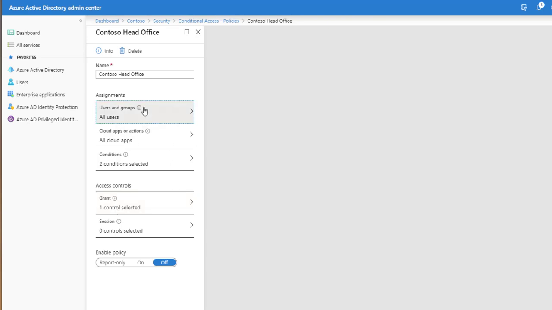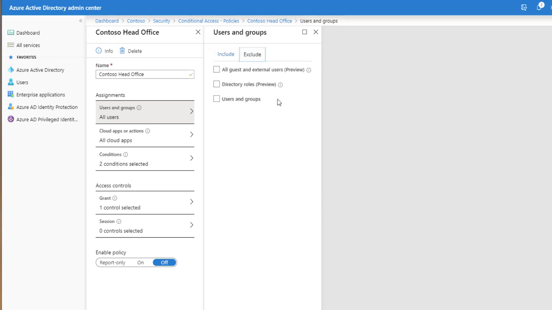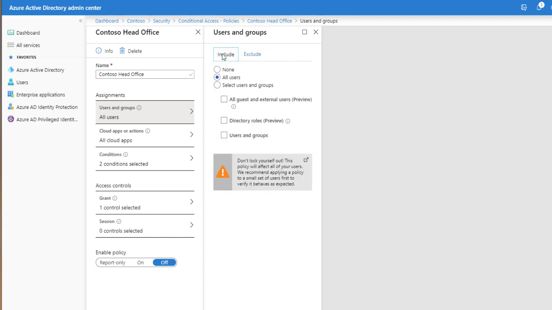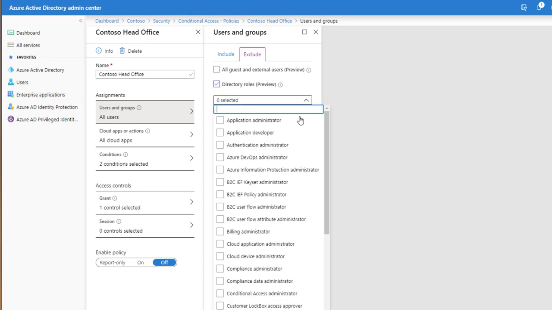So let's have a look what I've done here. I've created one for all users and I haven't excluded anybody. This is not best practice in my terms because I could potentially lock myself out, which is what this tells me here. I could do it just for guests, directory roles, so I could say all administrative roles or all global admins, and then a subset of users and groups. So I'm going to go ahead in here into exclude, and I'm going to exclude a specific role, and I'm going to exclude my global administrators